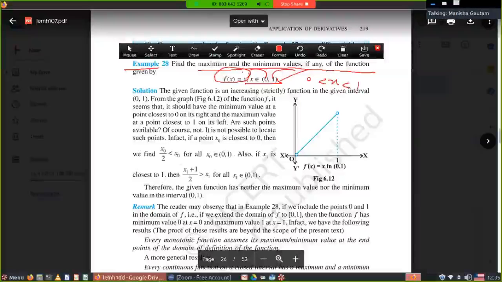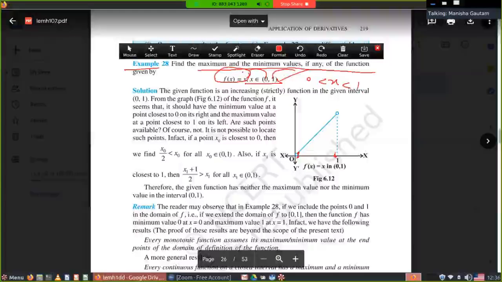It means if I am talking about the point which is very near to 0, how can I get the point which is very near to 0, and how can we get the point which is very near to 1? 0.999999999 up to what? We can't find out a value very near to 1. We can't find out a number very near to 0. It's difficult to find out very near to 0 and very near to 1, because this interval is an open interval. 1 is not lying here.